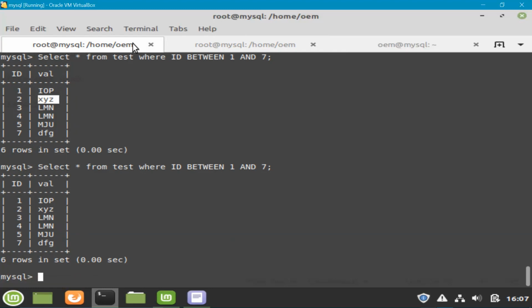So the new ID has been inserted. There is one new record in the table matching the filter clause that you have given, but you don't see that record in your select output, because it is giving the output from the snapshot that it created when it ran the select statement the first time.